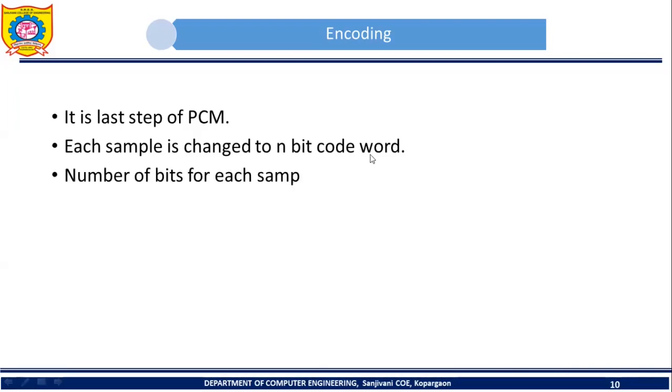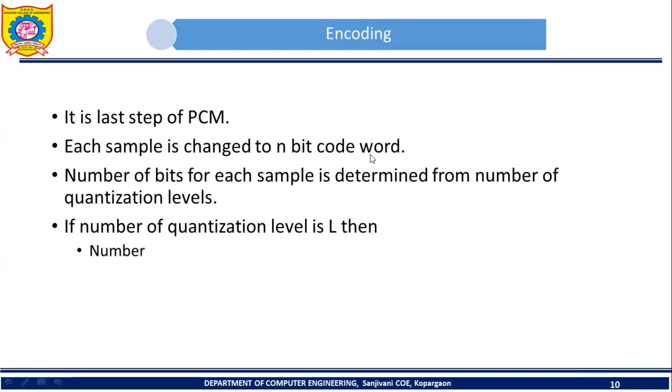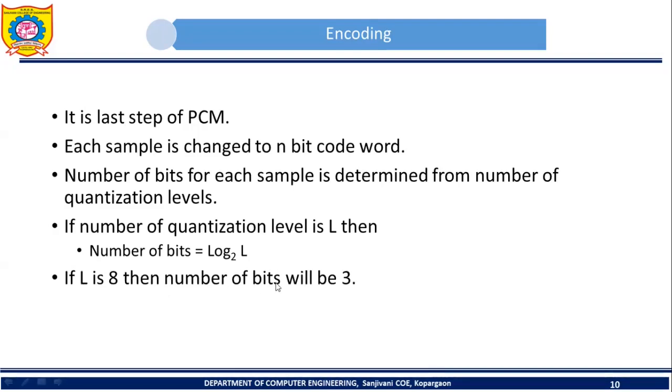The number of bits which are required for each sample is determined from the number of quantization levels. How? Suppose the number of quantization levels is L, then the number of bits required for each sample can be calculated by using this formula: number of bits is equal to log base 2 of L. For example, if L is 8, then the number of bits which are required for each sample will be